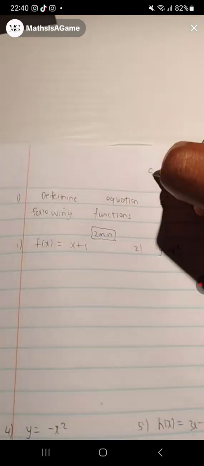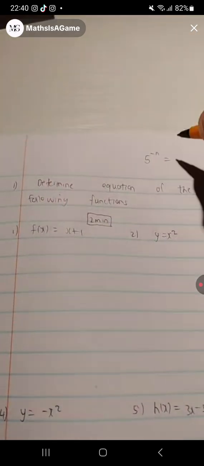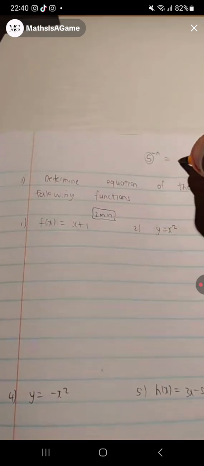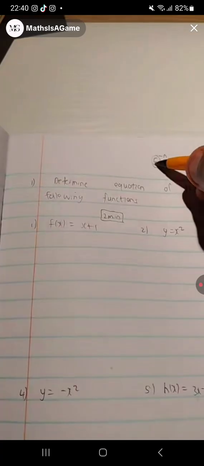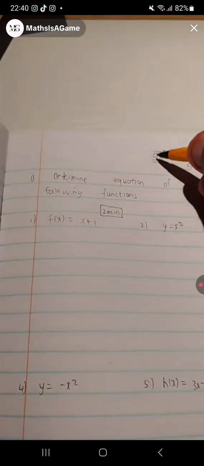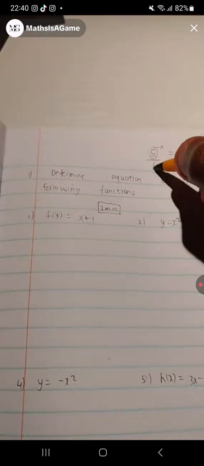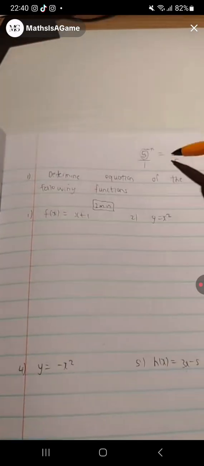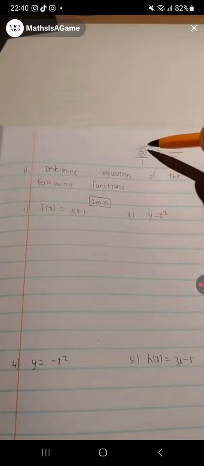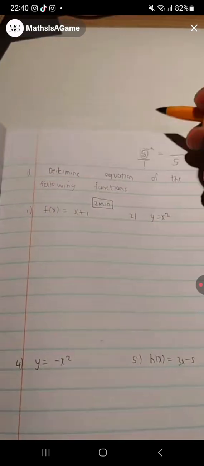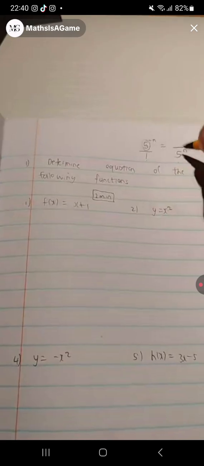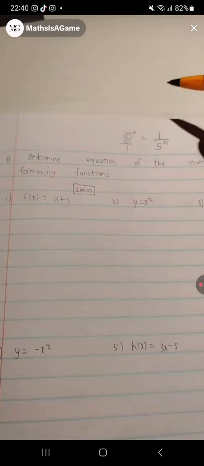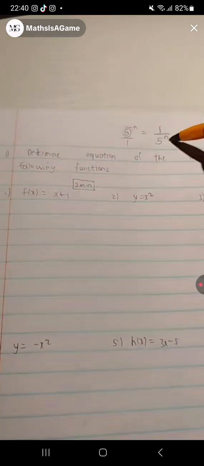When you have a base with a negative exponent, the base changes from the numerator to the denominator. If the base was in the numerator, like 5 to the power negative n, that is the same thing as 5 to the power negative n over 1. So the base changes position from the numerator to the denominator, its exponent changes sign from negative to positive, and a 1 is left over at the top. So the answer is 1 over 5 to the power n.